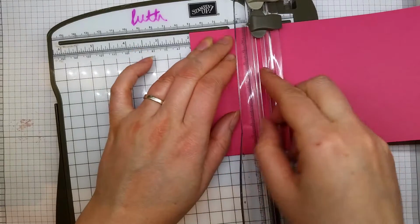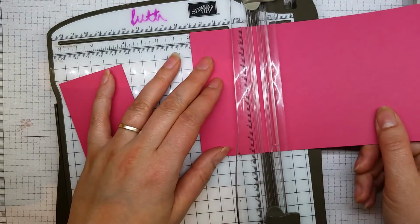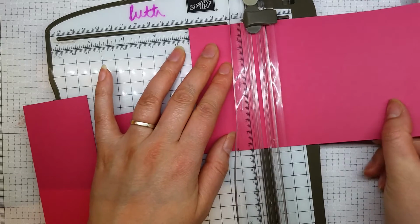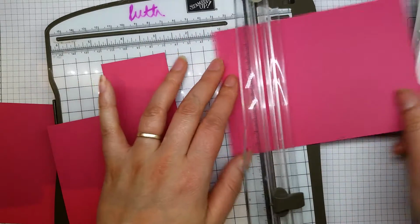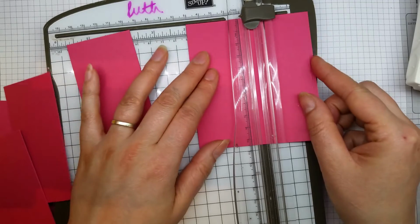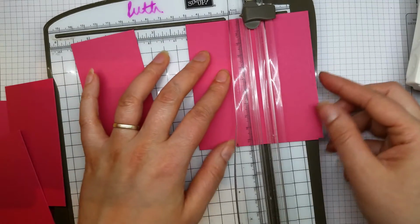So I'm going to be making in front of you today just some tags, and I'm using Melon Mambo here, and I'm just chopping these up into 2-inch rectangles so that they will be able to be punched because it's a 2-inch